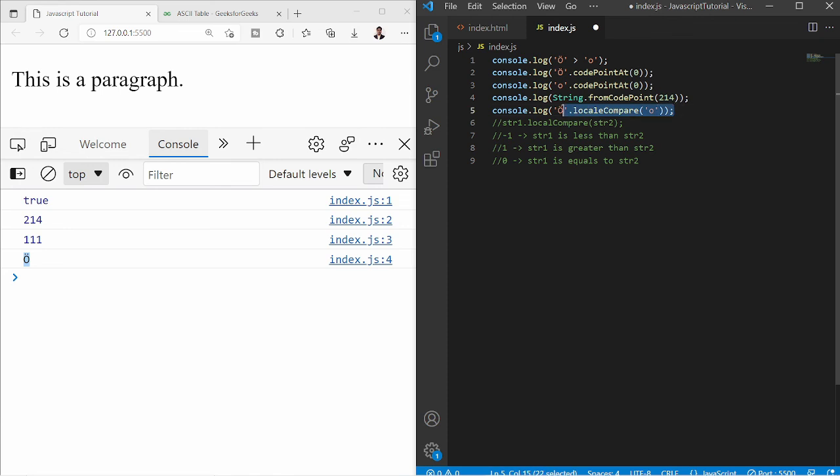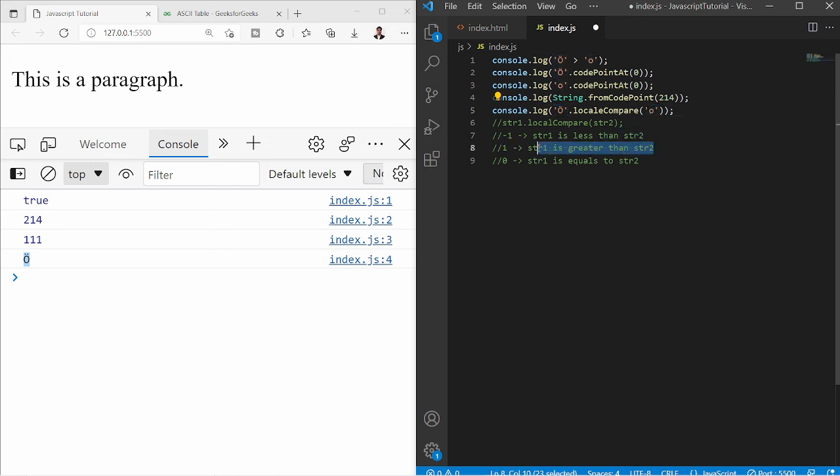Now in our case, what should be printed? Can you guess? Yes, you are right. Since this character is 214 and this character is 111, we are saying that 214 is greater than 111. So str1 is greater than str2.